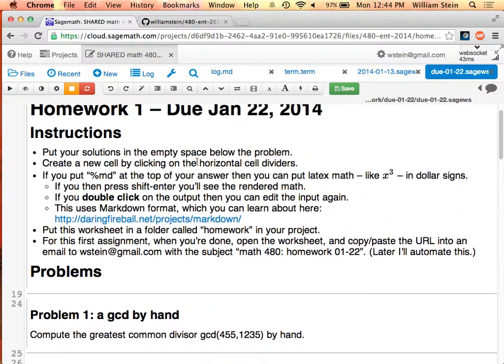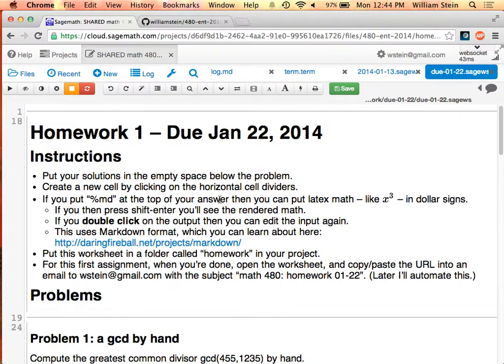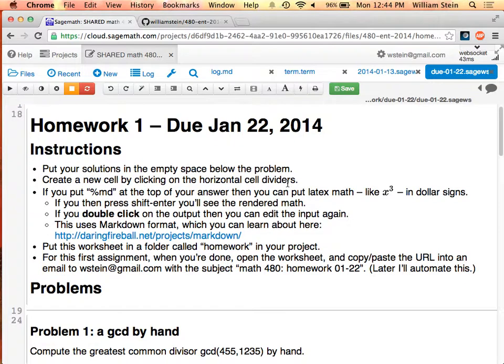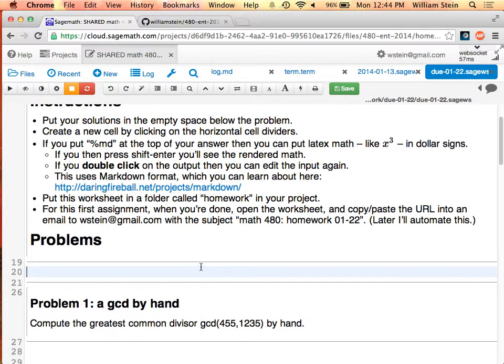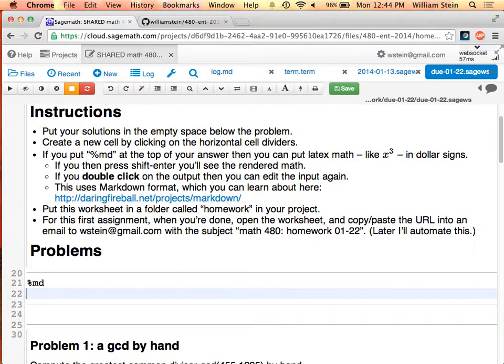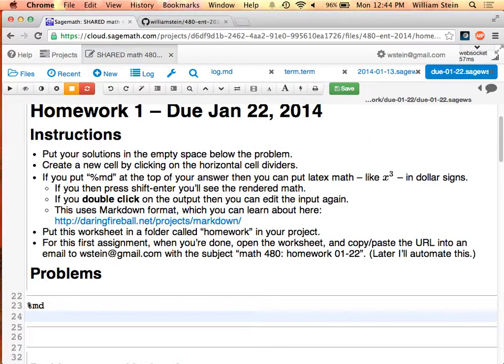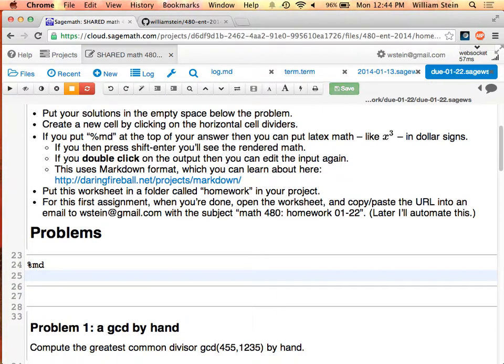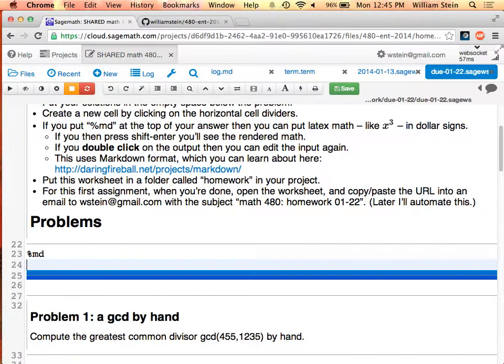Get rid of that. So one thing, if you want to typeset mathematics, you might want to use what's called markdown mode. It's kind of convenient. I'll just illustrate this really quickly. So you can type %MD. MD is an abbreviation for markdown. When you type % something, it puts the rest of the cell in a certain special mode. And there's a markdown, it's a really, really simple, plain text looking way of